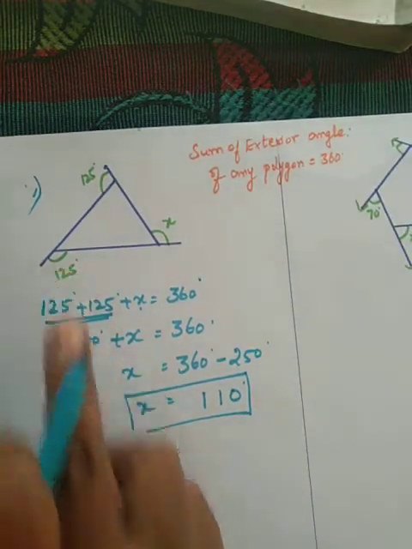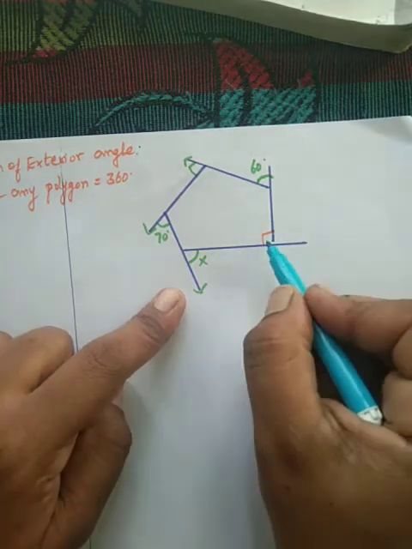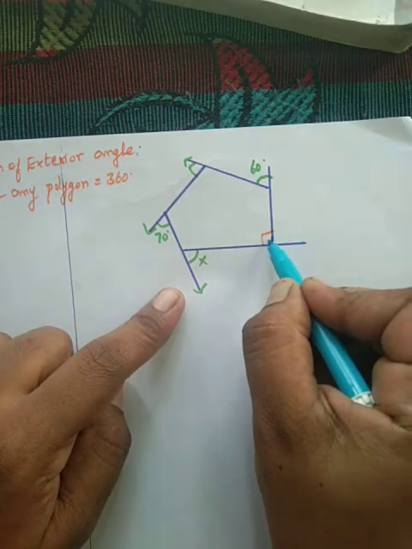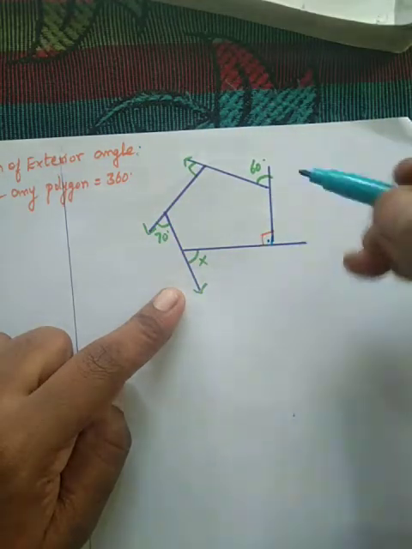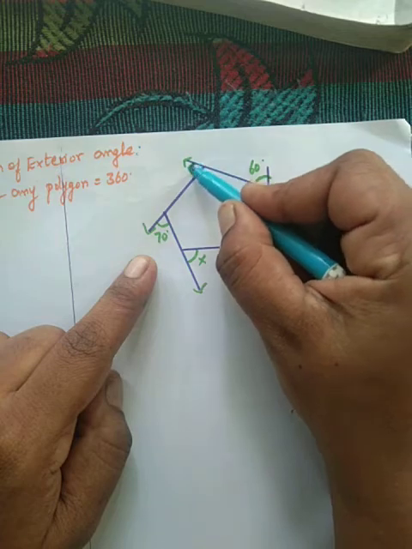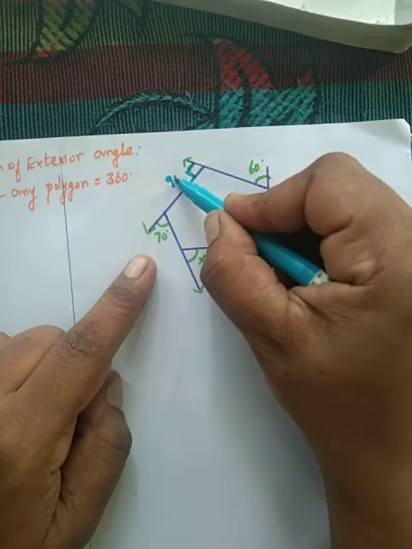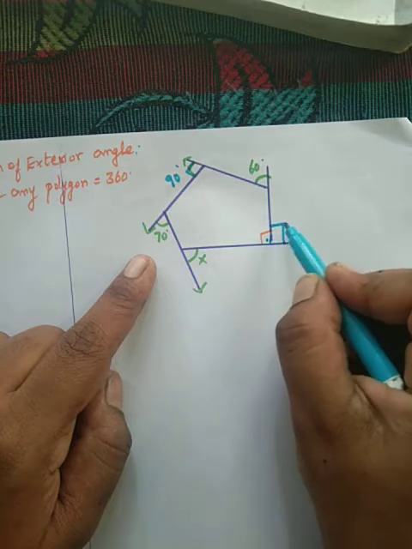Okay children, so this is the first sum. Use the same property for the second sum also. See here, if it is 90 degrees here, I have to add all the outside angles. First 70 degrees is given, here 60 is there, this is 90 degrees. Here, if the symbol is like this, it is understood to be 90. So in this angle I do not know. How to find out this angle?